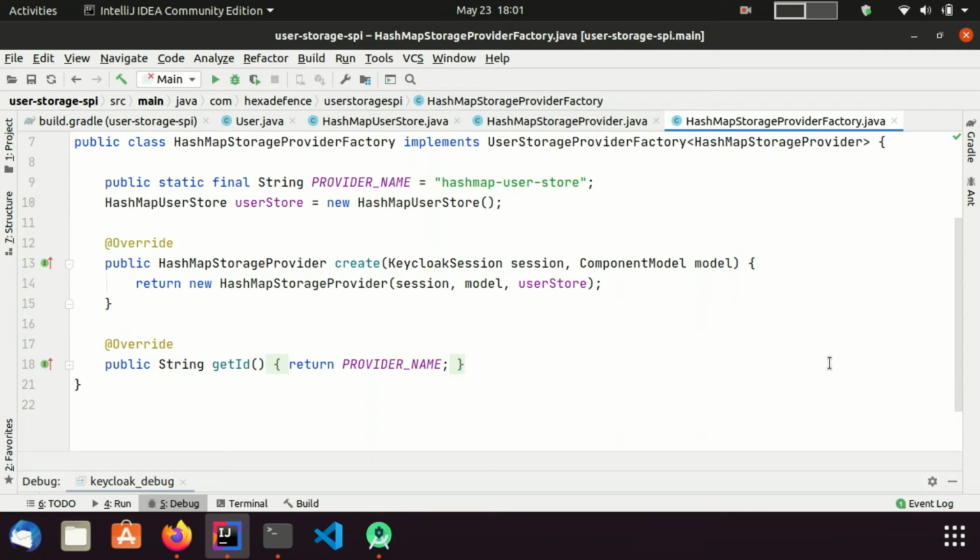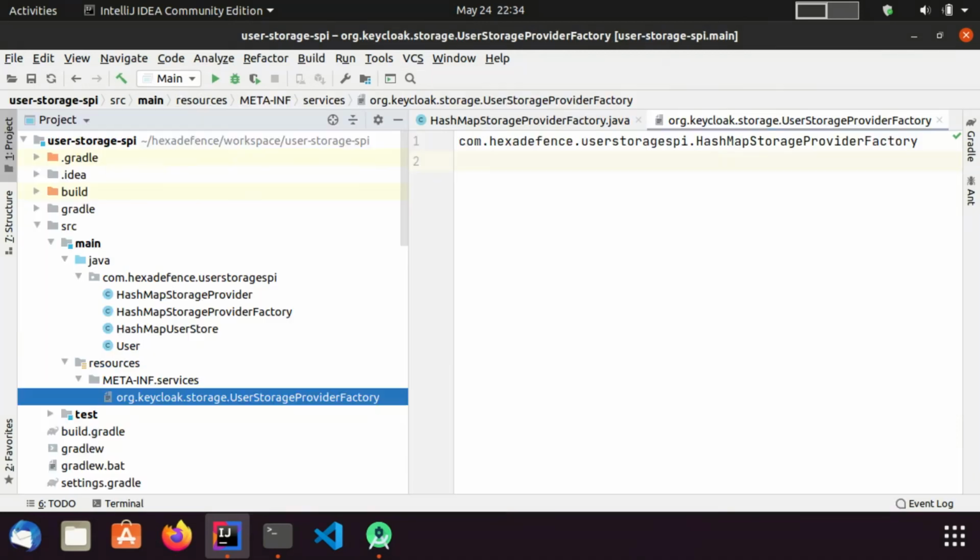These are the four classes I have created. I need to compile these four classes and put them into a jar file. In addition to these four class files, I need to add another file for Keycloak to identify this storage provider. Here you can see that particular file. The name of that file should be org.keycloak.storage.UserStorageProviderFactory.